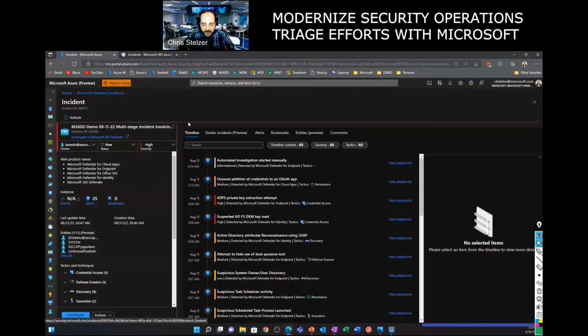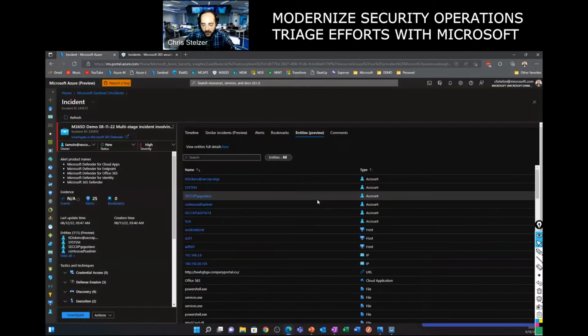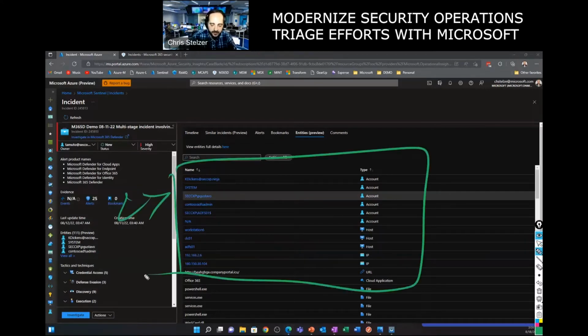So when those incidents come in ready to execute these SOAR actions on, I have all of my entities ready to rock and roll. If I want to execute a SOAR action on a certain workstation related to this incident, or a certain identity, or a certain IP address, it's critical that we have these entities and this information within our SOAR platform to do these actions.